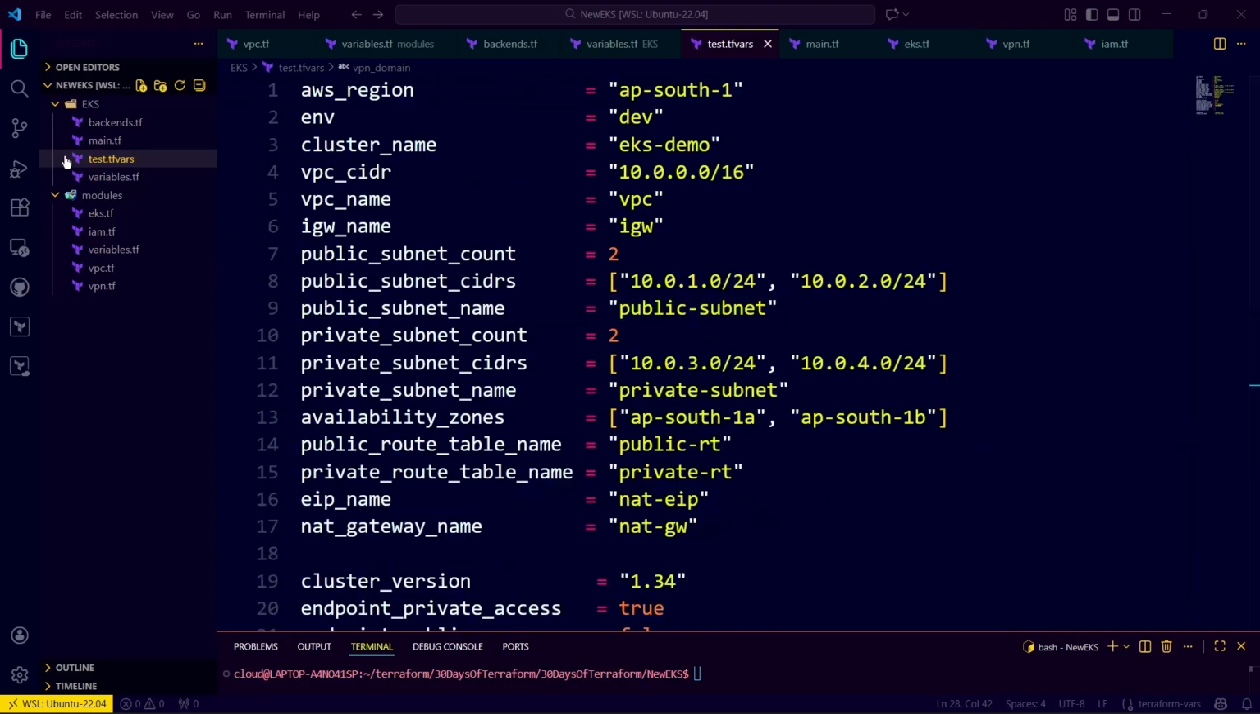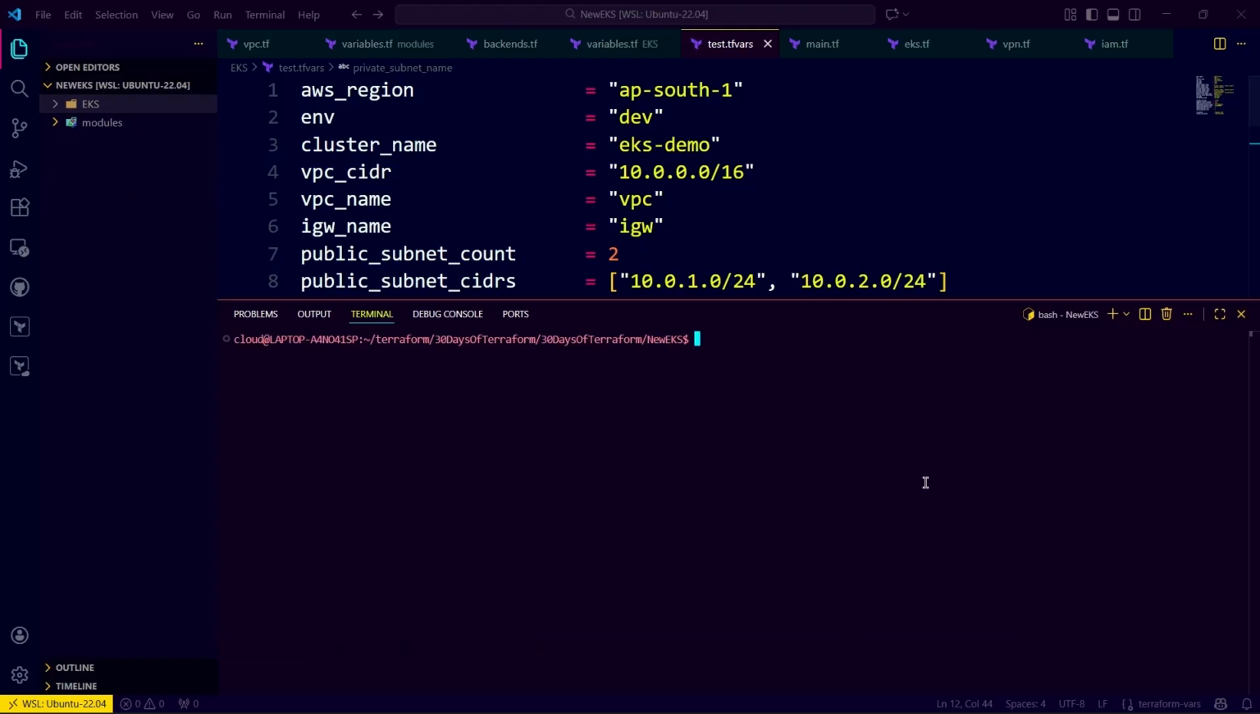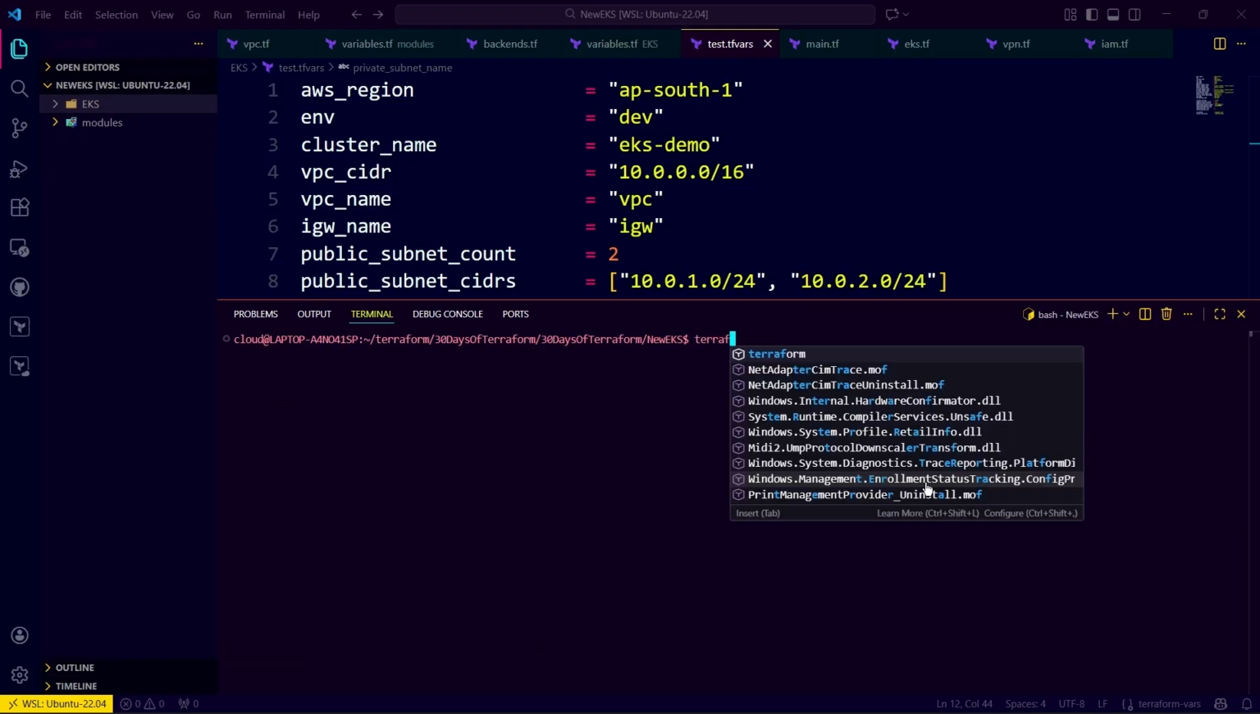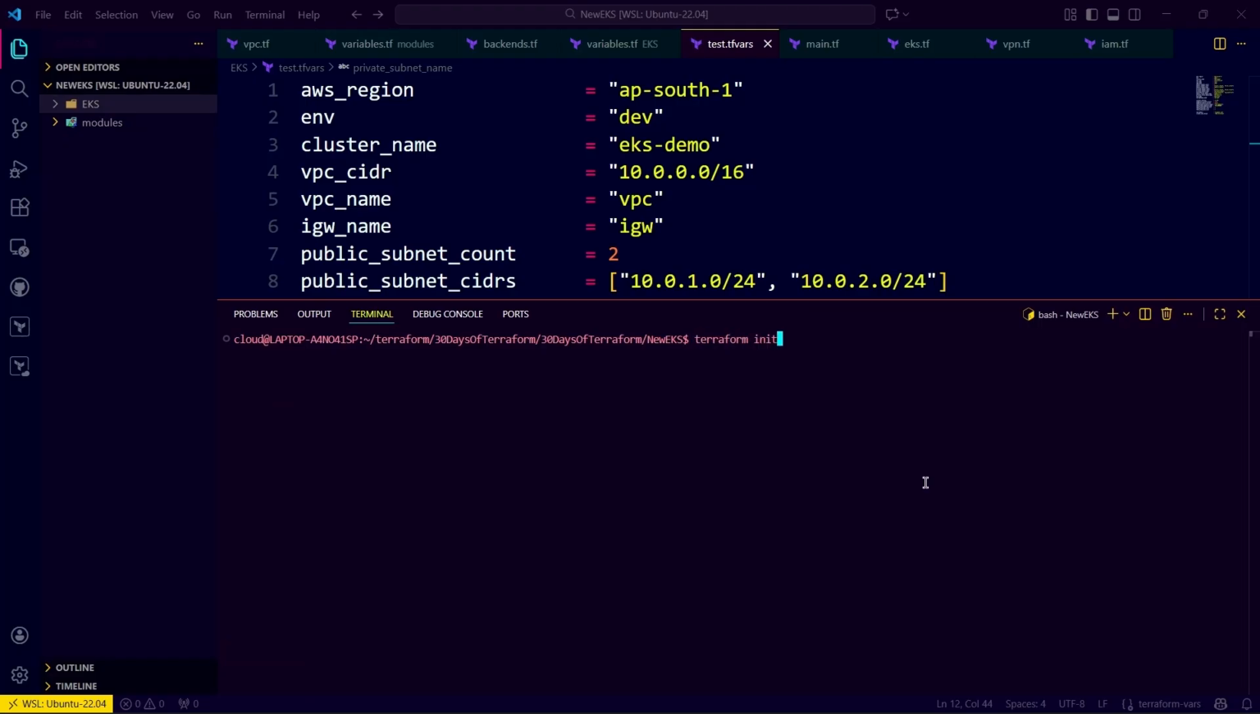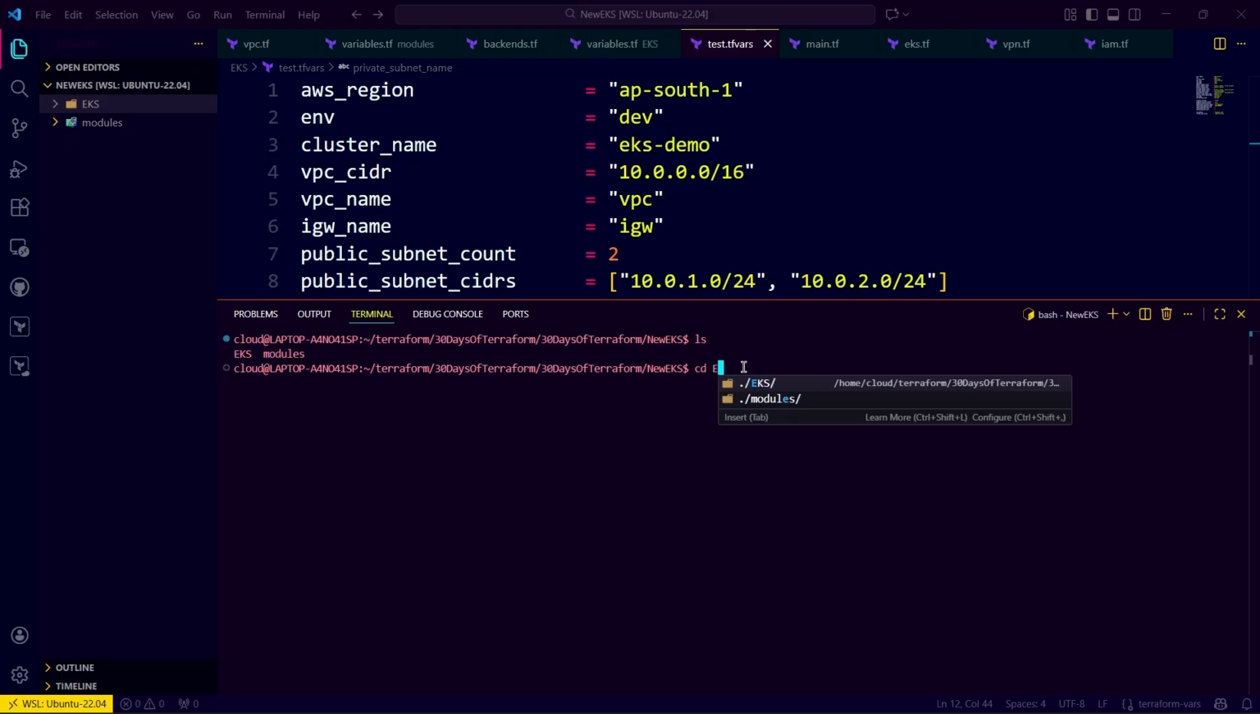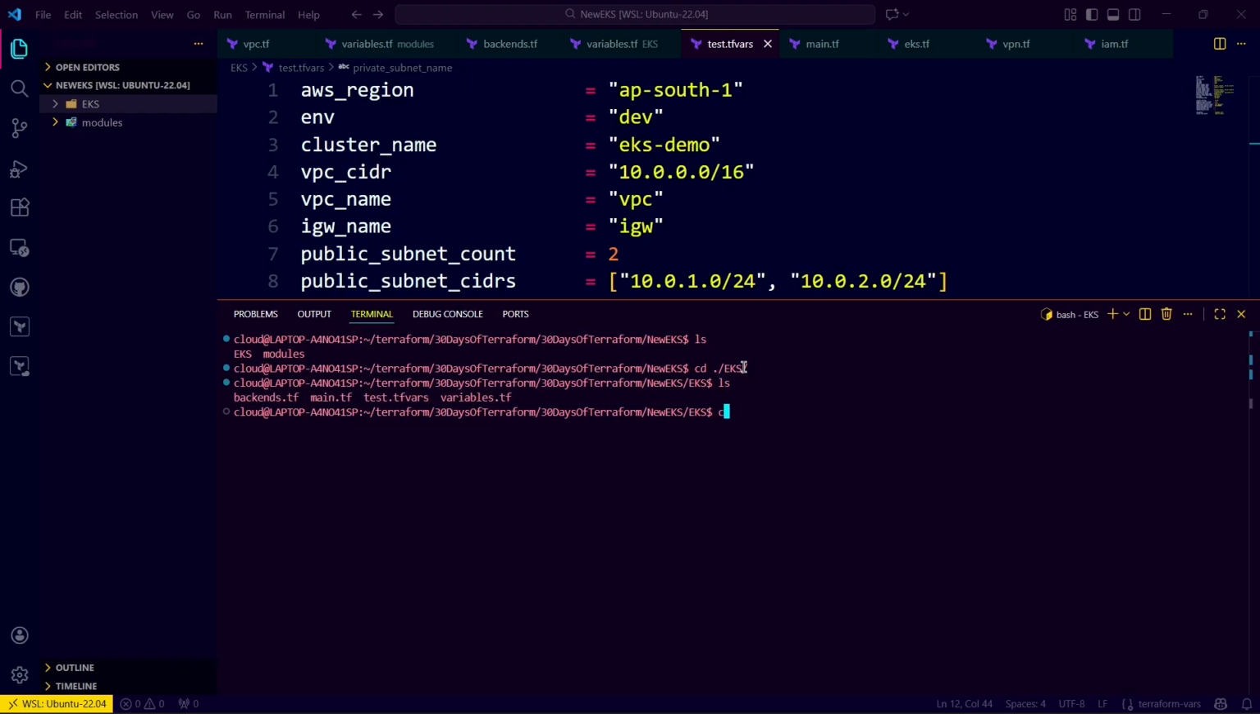And yeah, now our complete code setup is done. Now we will apply all of these things. What we will do is run terraform init. Use this command so that terraform is initialized. So come firstly to the EKS folder, so cd EKS, and inside this,